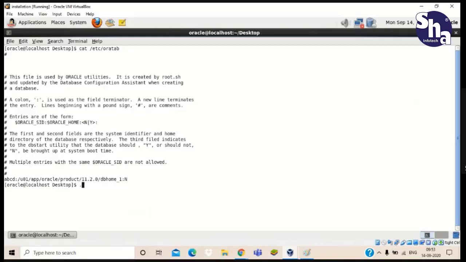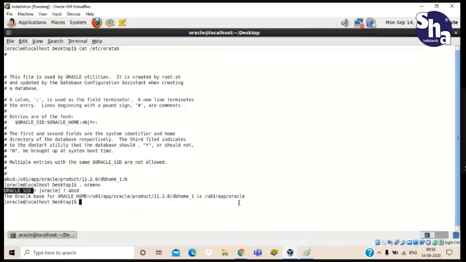So the next step is oraenv. Click on this. It is asking me for the Oracle SID. I have given the SID the same as our database name, so I am giving ABCD. Enter it. You will get to see that our Oracle base and Oracle home are set. SID is set, Oracle base is set, path is set, Oracle home is set. Clear? That means all the steps are done by using only the oraenv command and giving the SID to it.